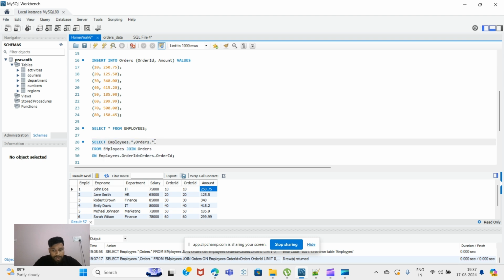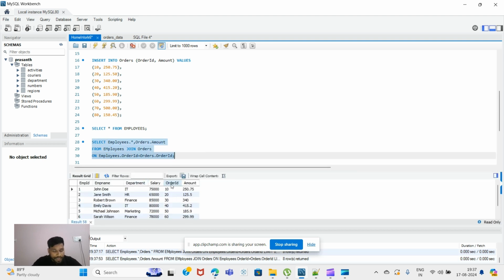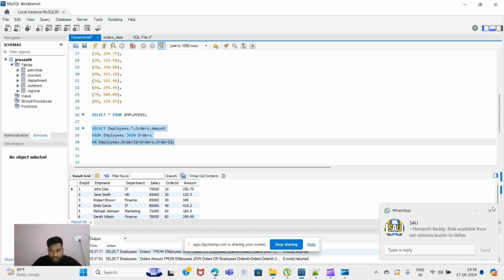Instead of selecting all the columns from the order table, what I generally do is only select the amount column. Now I will remove that asterisk and write amount. Now when I execute this query, previously you have seen order ID present two times, but now it has come only one time. So now we have all the columns coming from the employee table, and we also have the amount column coming from the orders table. Now just to explain,